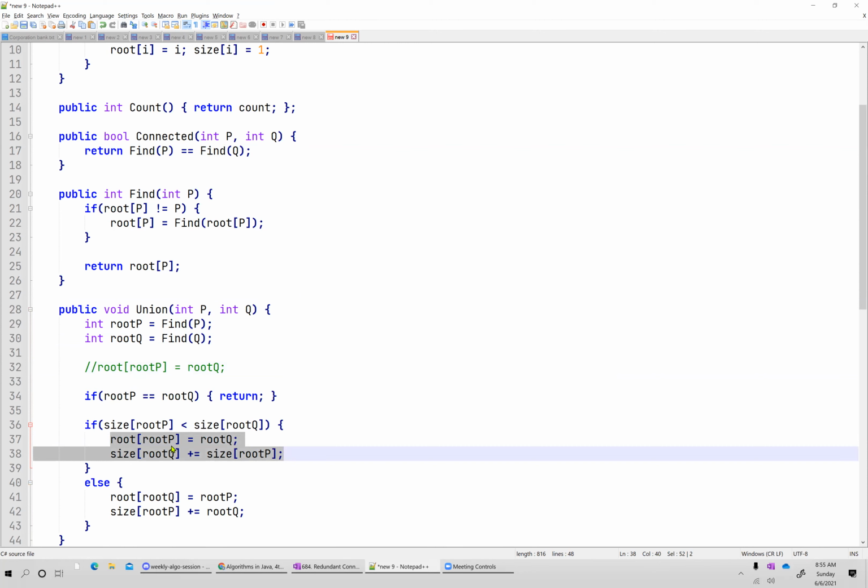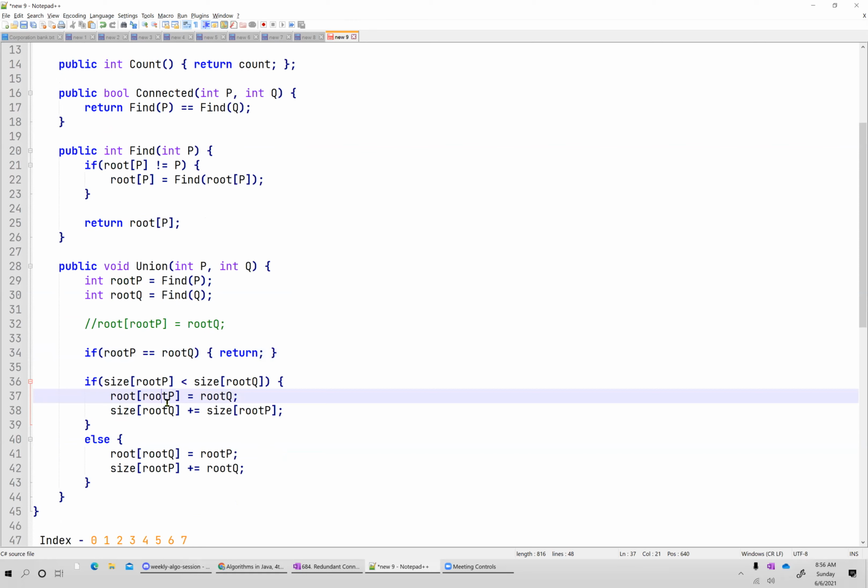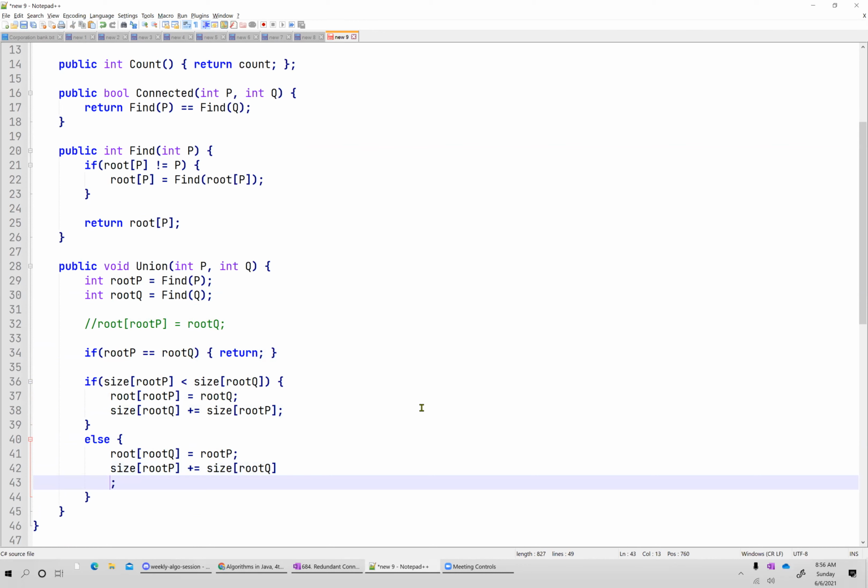Condition's fine, I guess, because we are taking the smaller tree and adding the size of the smaller to the bigger and connecting it. Parent of P is smaller, so I am making P a child of Q. But on line 42, you have to say size of root P plus equal to size of root Q. Oh yeah, that's only a small thing. Yes, size of root Q.